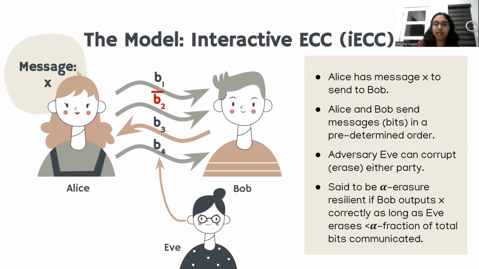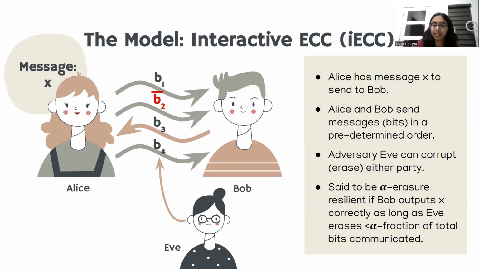Like in the previous setting, Alice has a message X that she wants to send to Bob, but there's no reason that it needs to be the case that Alice is the one sending all of the bits. Instead, Bob could be sending some of the bits as, quote, feedback. So the precise model is that Alice and Bob agree on a protocol length and an order of speaking. Then, based on their private input and everything they've heard so far, they send bits in each round that they are supposed to speak in.